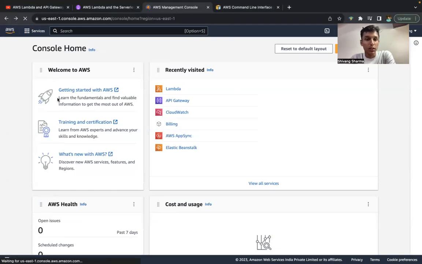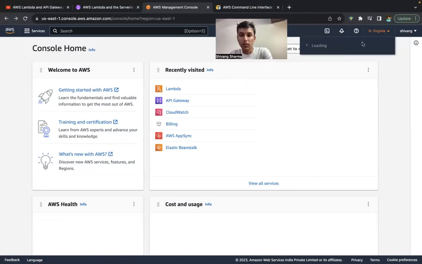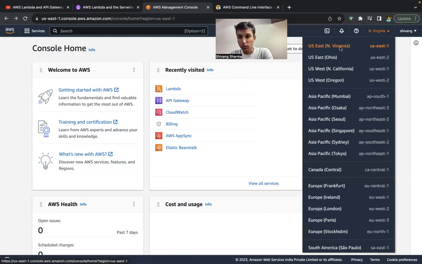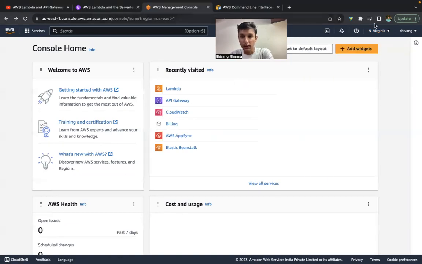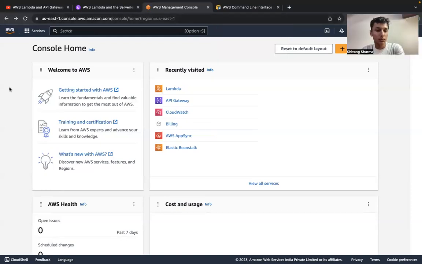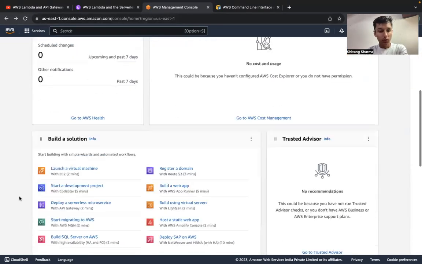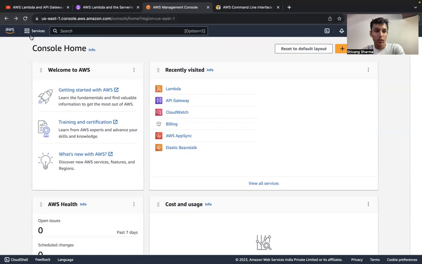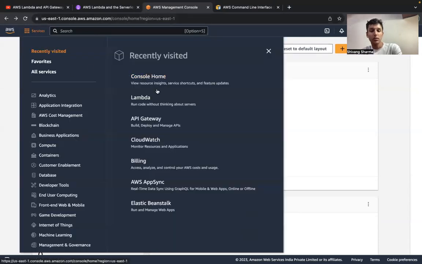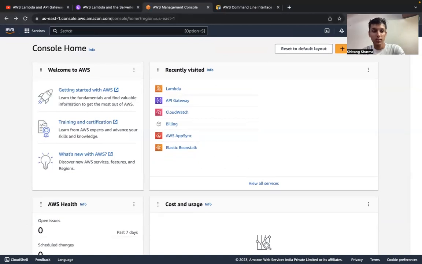So this is the website of Amazon Web Services. As you can see, I'm currently connected from this server. We can see which server also we are connected from. So this is US East 1. And this is a basic Amazon Web Services website, which is getting started with AWS training and certifications. So over here, we can see services where we see console, Lambda, API Gateway, billing, everything, which we will be getting into. So starting with a very basic one,